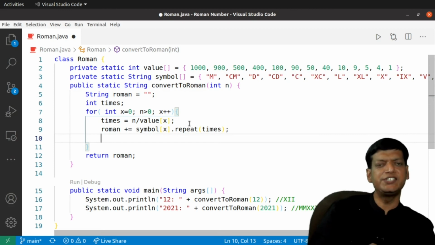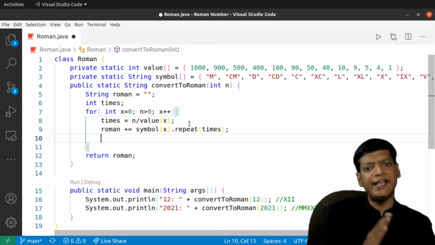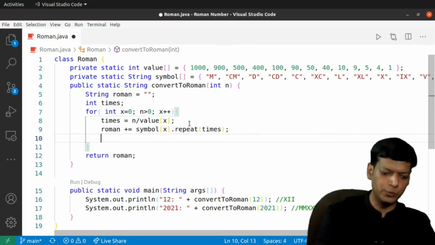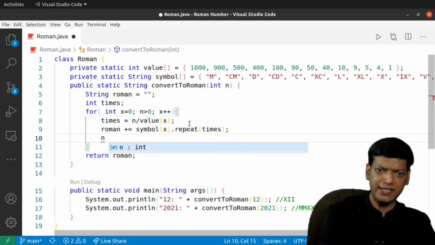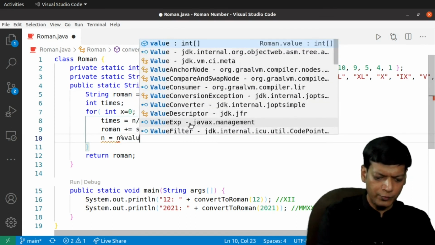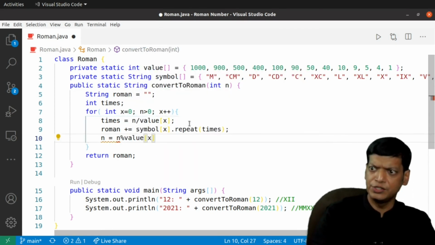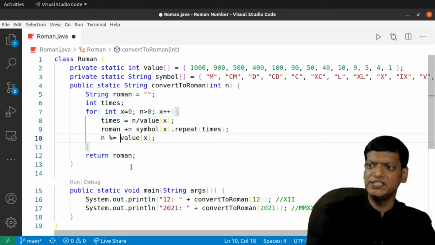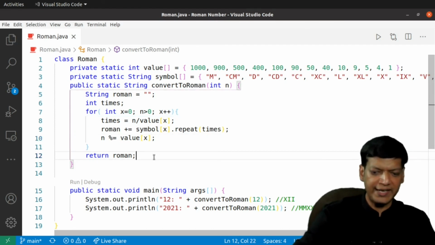Once this is done, we have to reduce n accordingly, that is the remainder should now be assigned to n. So we'll say n is equal to n modulus values[x], or if you want you can shorten it to n modulus is equal to values[x].